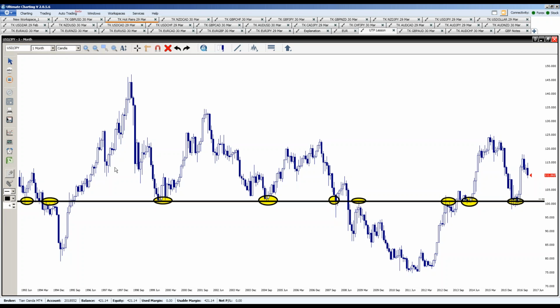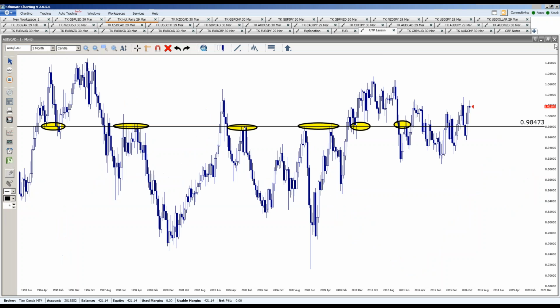Tom is asking, could you explain daily pivots versus weekly pivots and how they can be used in trading? Just use them as your next level of support or resistance, and if they form a confluence with a Fibonacci level, then it's a much more significant level where the market may U-turn, regardless if it's a monthly or a daily or a weekly pivot. Okay, what I do is when I do my analysis,